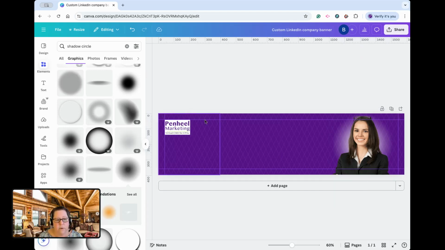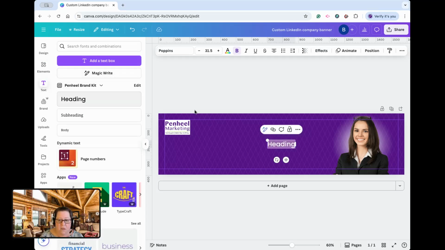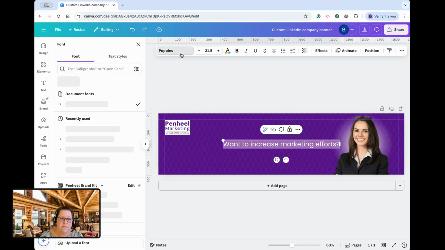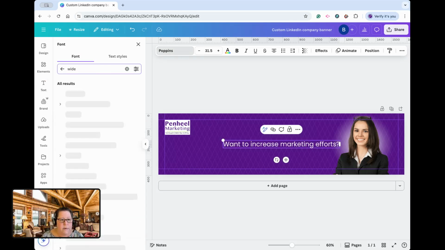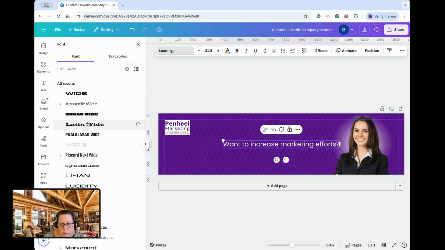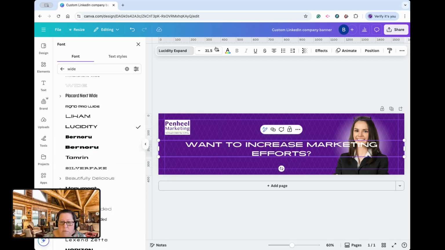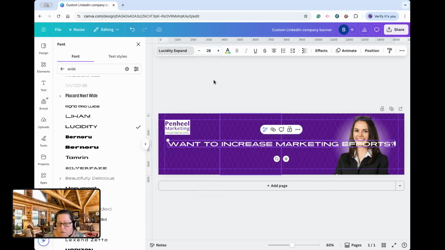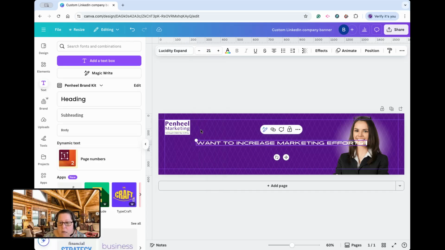The next thing I'm going to do, I'm going to add my logo, and then I want to add some text. I'm going to say, want to increase marketing efforts. And I'm going to do a wide font for that. I like Latin wide. That one's a little too Lucida. That one I like. I'm going to drop the font size. I'm going to drop it a little bit more, maybe a little more, because remember,